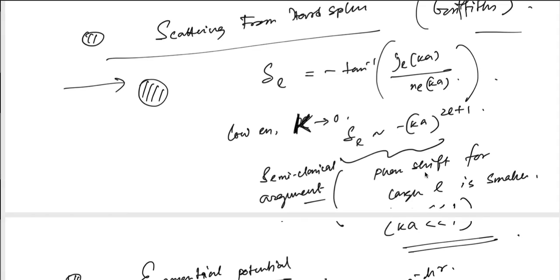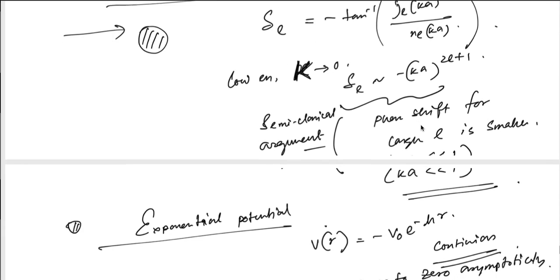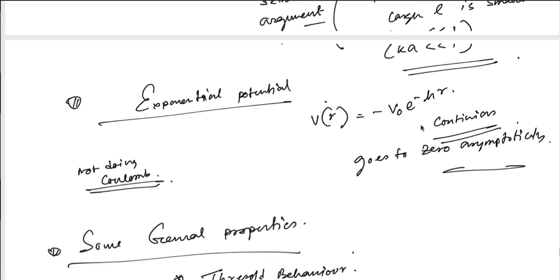So this tells you that as L is large, this term is small, and the contribution is much smaller, because this quantity Ka is, by the way, much smaller than 1 for low energy. So when you take higher and higher powers, the contribution is small, so the phase shift is negligible. The biggest phase shift is in the S wave, which is L equal to 0. So that is the whole point of this.